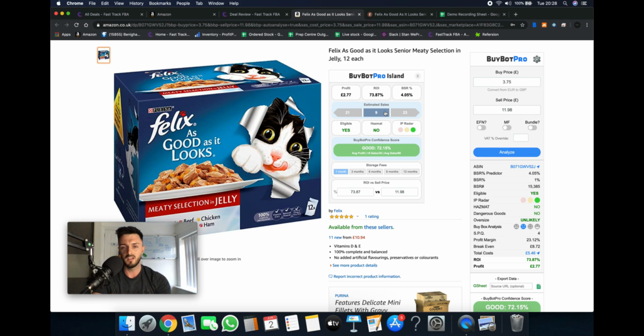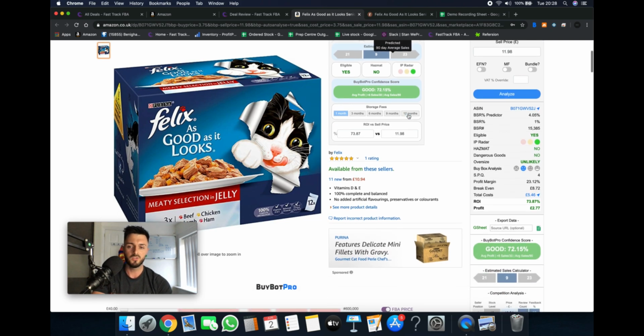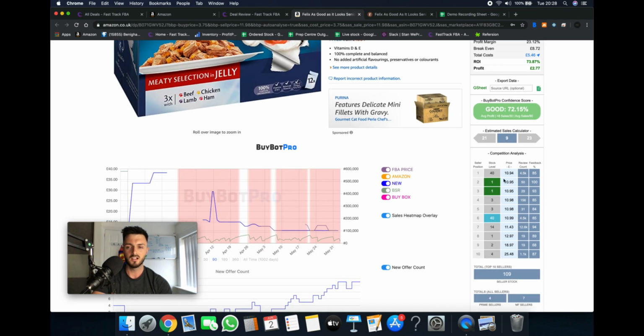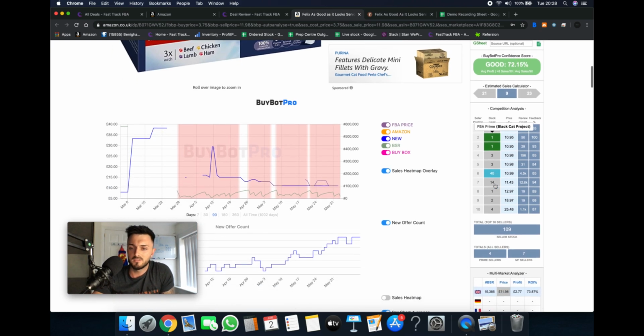Yep, so it's going to sell 9 this month, and this column here shows the 90-day average. Usually what I do to determine how many to buy is divide this by 3 and then buy that many units. One more thing I like to check is if there's quite a lot of sellers on there. As you can see, there's not many sellers on here. Well, there are, but there's not many with the FBA Prime badge. So yeah, this looks like a good